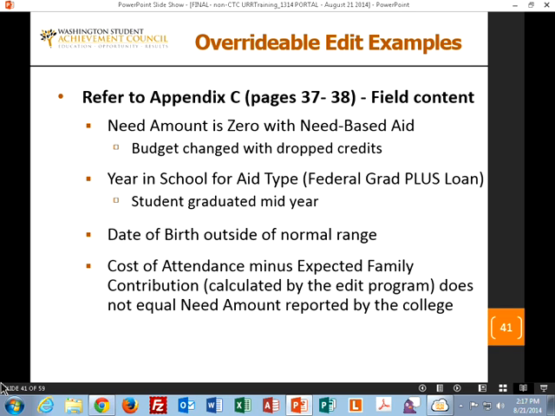Cost of attendance minus EFC, the formula that Steve mentioned earlier, it's a simple formula, but your computation of what the need is for your student may be more complicated than that simple formula. And we don't know about the parameters that you may need to apply, so this is our reasonableness check, and then you can tell us why the actual need amount varies from that amount. As I said, we have about 60 edits, and about 3/4 of them are overridable.